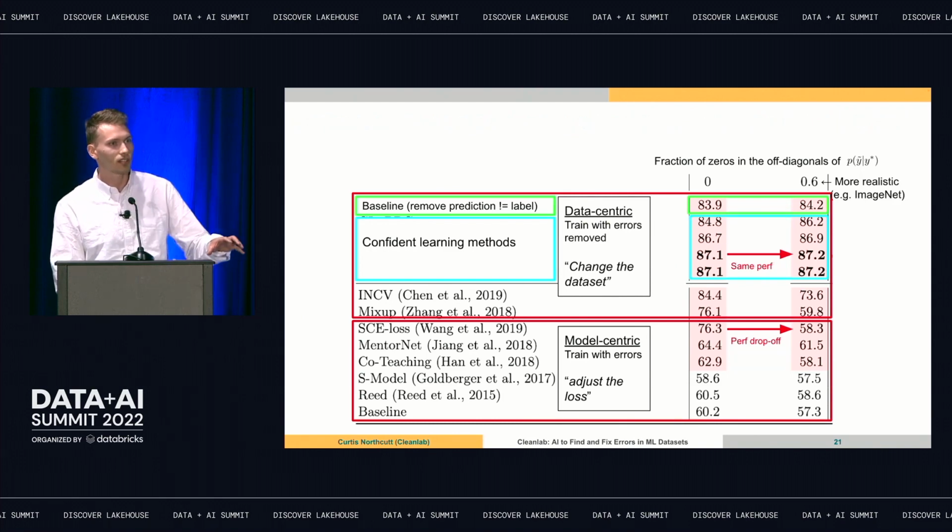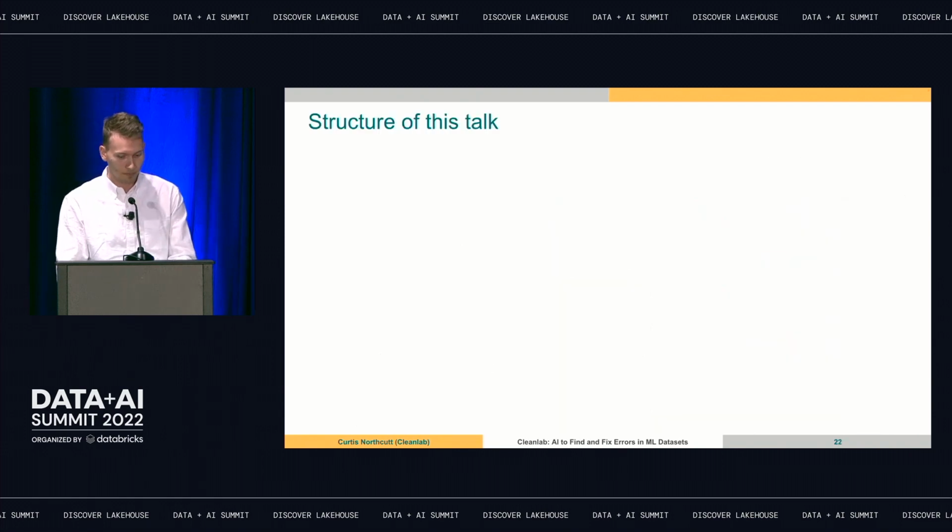So things that either take data and join them together so that the noise is sort of averaged out, or things that clean out data, or things that take samples so that you have less error in each sample. Basically, taking a data-centric approach was shown to outperform taking a model-centric approach. It's like a perfect divide. And that's just kind of cool. So if you're into data-centric stuff and your friend's like, I don't know, it just sounds like a buzzword, there actually is good reasoning behind why this is a good idea.